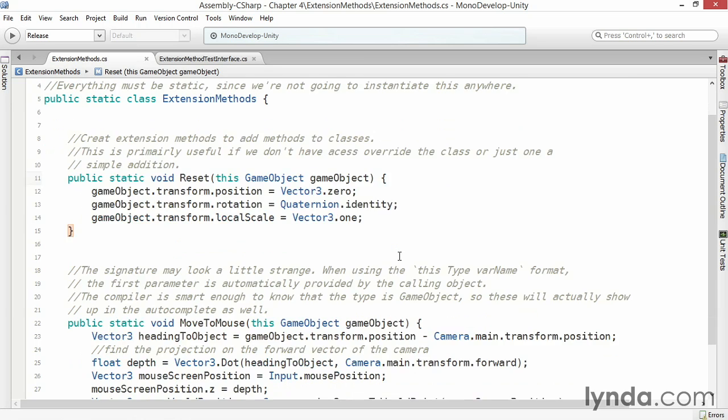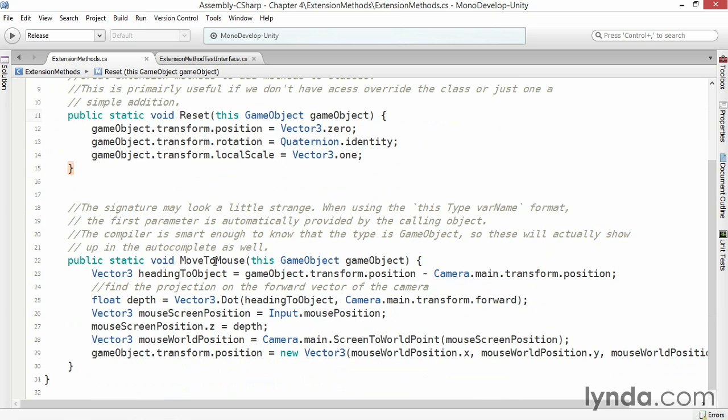default values. The second extension method we're creating is called moveToMouse, and this again is going to act on a game object. And we're just going to reuse code from our mouse input video to move the object to the